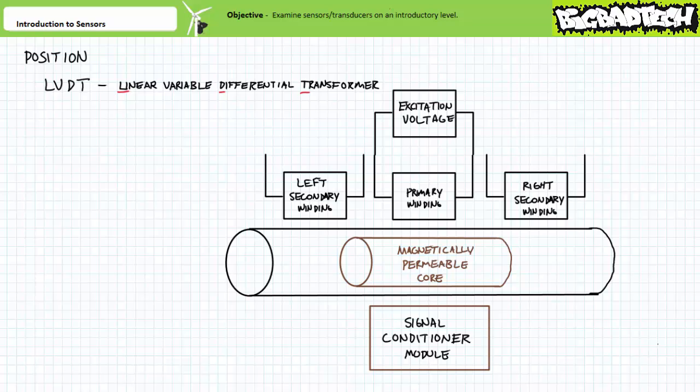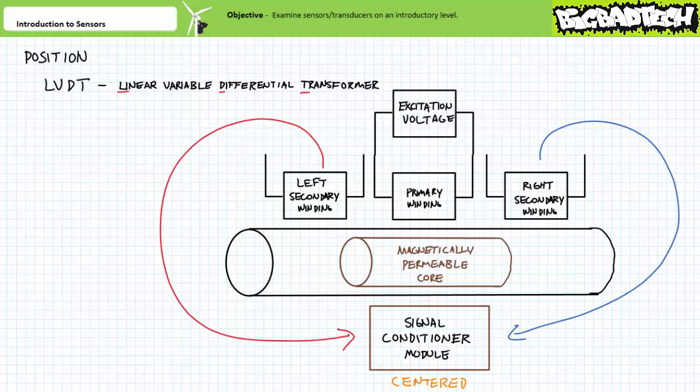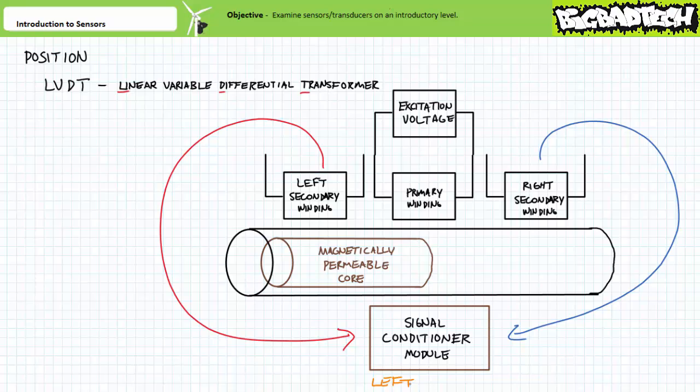Around the hollow bore are wrapped the windings of a primary and 2 secondary coils of a transformer. When the primary coil is excited by a high-frequency AC source, an output voltage is observed on the secondary coils via electromagnetic induction. Assuming a perfectly centered core, there would exist no differential between the 2 secondary transformers. However, if the core is displaced towards one end or another by an object to which it is mechanically coupled,